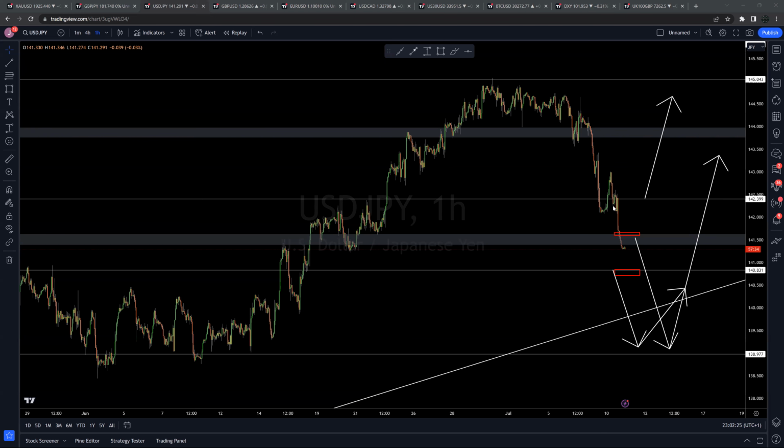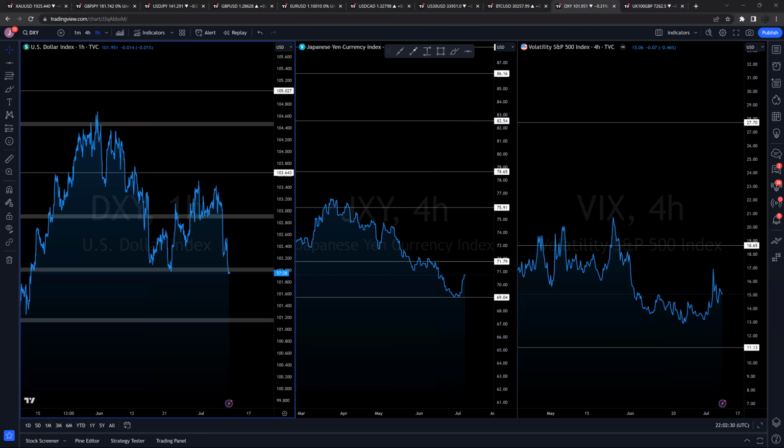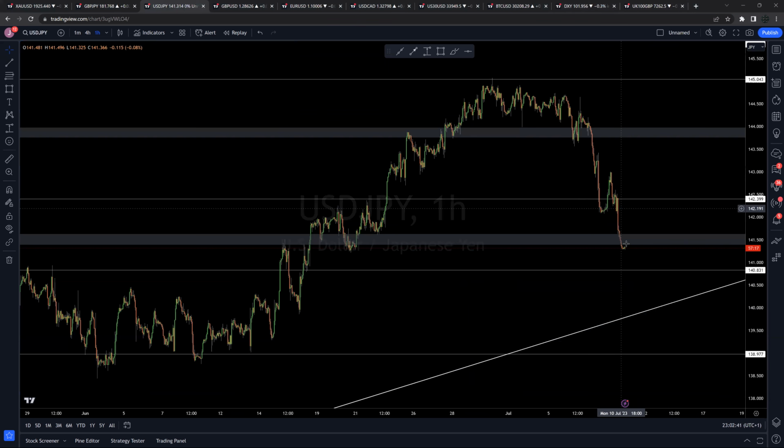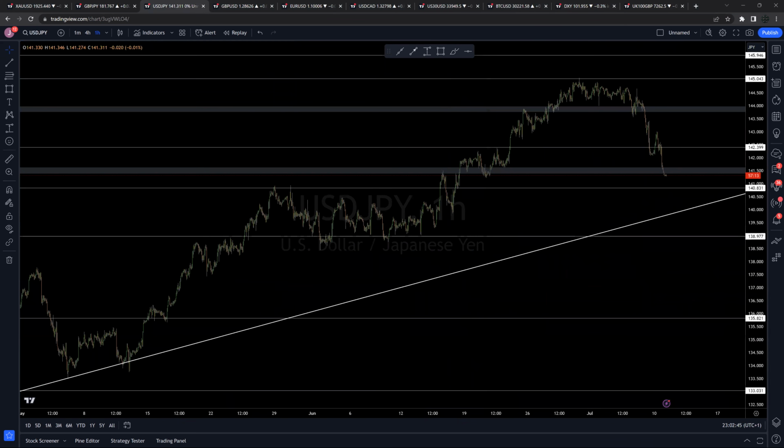Otherwise, with dollar breaking below 102 and having that intraday weakness, at the same time yen still has expectations to pull back to this liquidity zone in the first area of interest around 71.8 and 72 price point, which correlates pretty nicely on UJ, still having some downside plays to retest this last liquidity zone of interest here after breaking below this area at pretty much 139 flat.